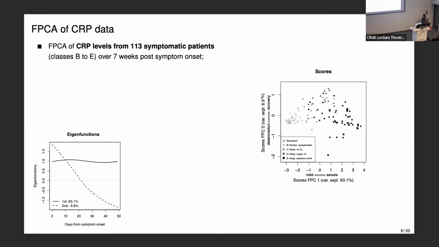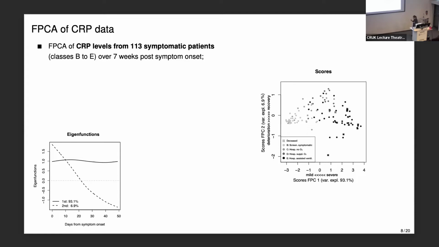Okay, so let's see what this gives us on the longitudinal CRP data. Here we really first wanted to see what drives the variation in inflammation trajectories of symptomatic patients. And so here I'm showing the first 2 eigenfunctions over the first 7 weeks after symptom onset. You see that together they essentially explain all of the variability in the data. And here you have a scatter plot with the corresponding scores. We have 1 point per patient here, and the x-axis shows the scores corresponding to the first eigenfunction,